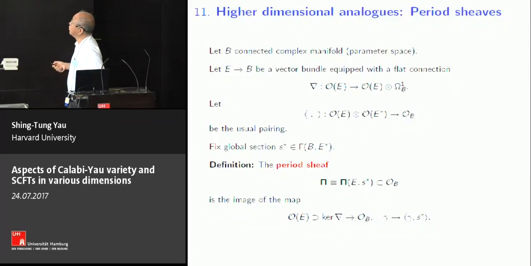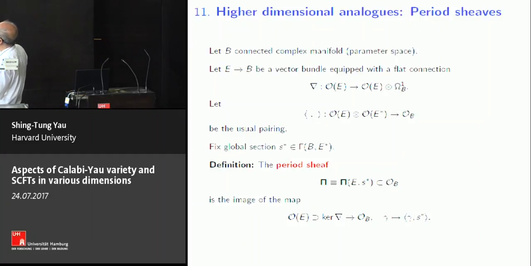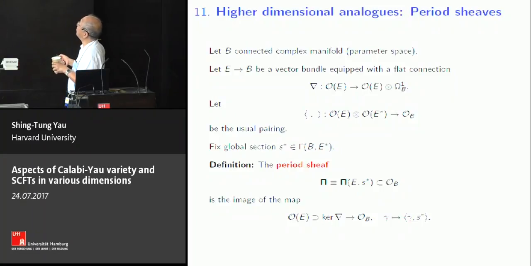So put in a more abstract manner, because we are going to write something in a more general way, we take B to be a connected complex manifold. So this is the parameter space that we are interested in, and this parameter space is the lambda that we had before. And then we take E to be a vector bundle associated with a flat connection. Sometimes it's called the Gauss-Manin connection. So del is the connection. And we have a pairing between E and E star, where E star is the dual of it, to O_B. O_B is the space of holomorphic functions defined on B. We have a usual pairing between them. And given a fixed global section, S star,